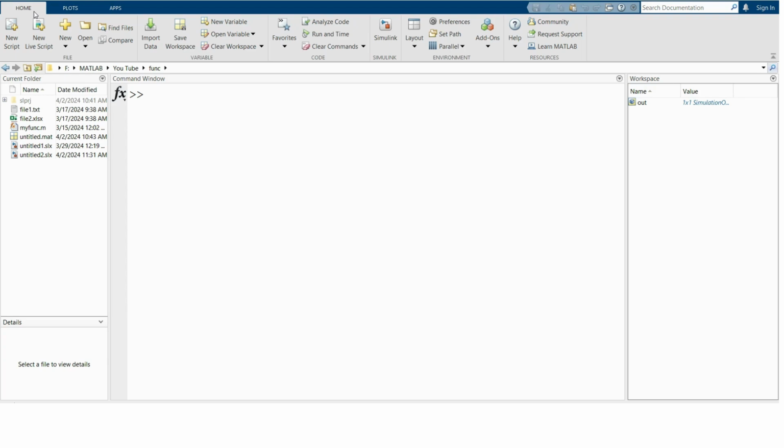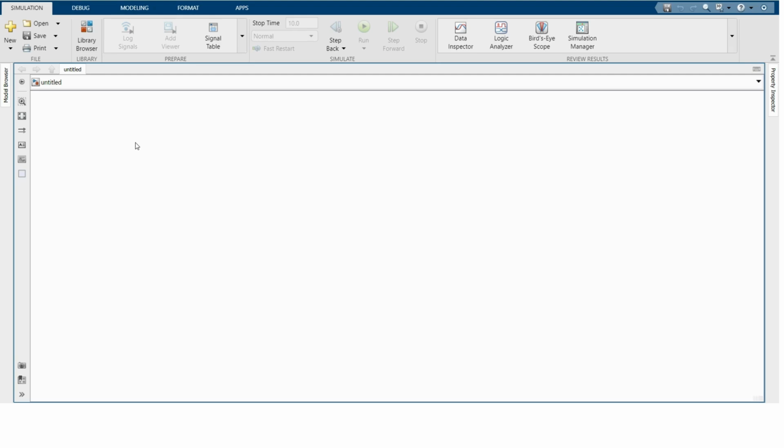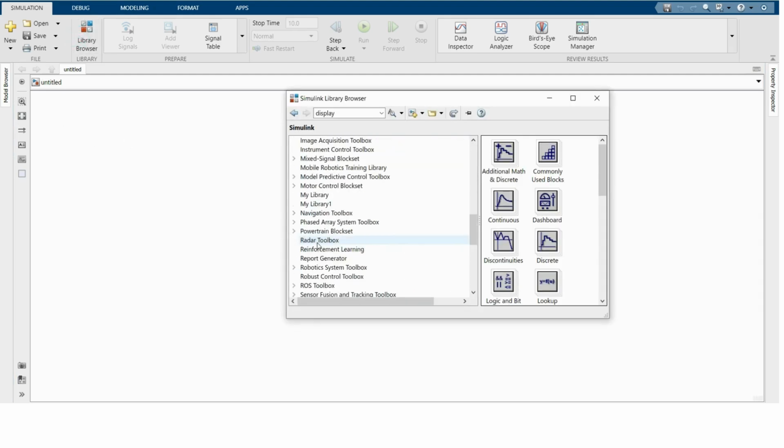In this video, I will demonstrate YY balance configuration. Okay, for that I'm opening Simulink, then create model. For making YY balance configuration, I'm browsing library, and then we have to go